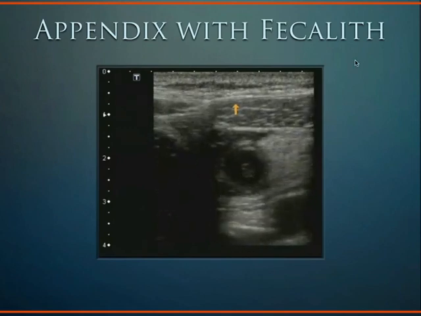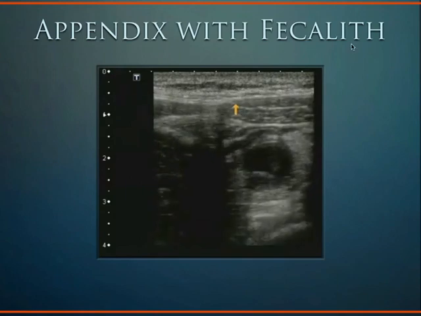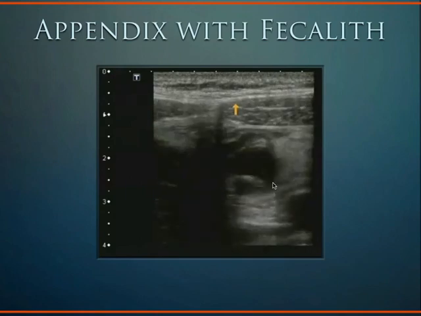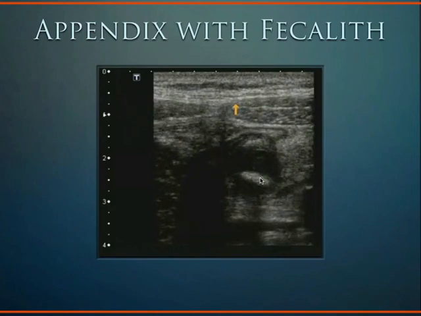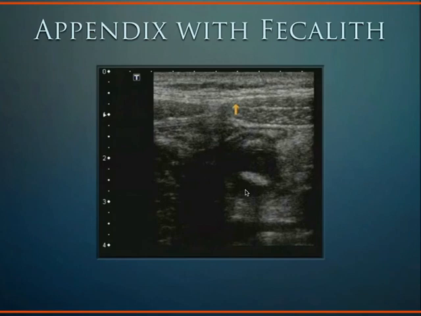Another example here, compressing. As we fan through this appendix, we may see something called a fecalith, or appendicolith is another name for it. Translated, it means poop stone, and basically that's the cause of appendicitis in many cases. A very calcified turd blocks the opening of the appendix, and then the appendix can no longer drain its contents and starts to get enlarged, and eventually the pressure within the lumen of the appendix exceeds the ability for blood supply to get to the appendix, and you have ischemic necrosis of the appendiceal wall,